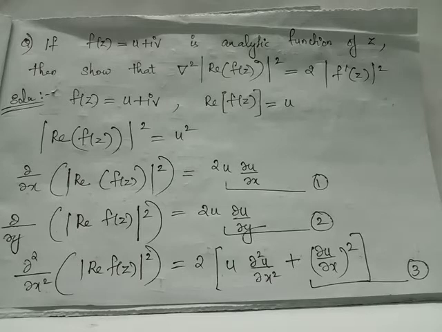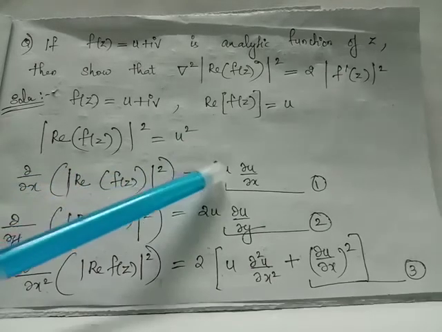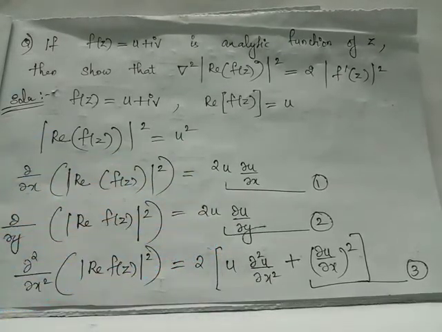We are again differentiating with respect to x and y so as to obtain dou square by dou x square and dou square by dou y square of this function. We will have to apply product rule on the RHS of 1 and 2 respectively. 2 is common to all the terms when we make use of product rule, and we have the terms u into dou square u by dou x square, when dou u by dou x is partially differentiated with respect to x. When u is partially differentiated with respect to x, we obtain dou u by dou x into dou u by dou x, which becomes dou u by dou x the whole square.